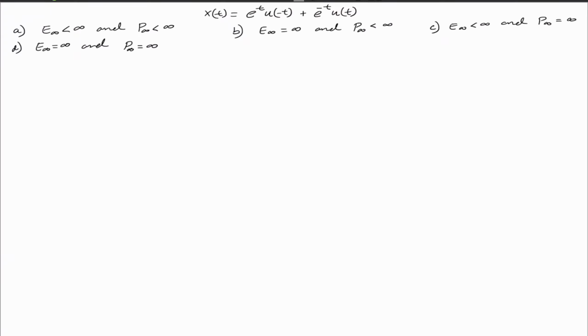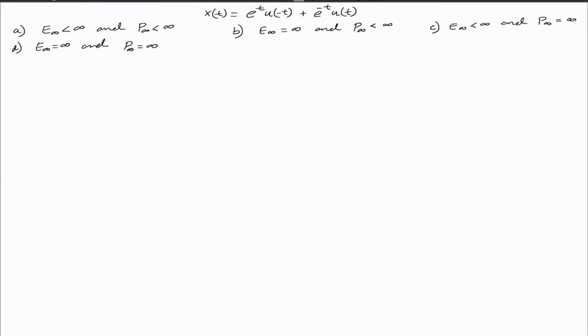All right, for the following signal, this is a multiple choice question, and we want to find the energy and the average power for the signal. You can choose none of these. So we want to find this though without evaluating the expression for the energy and the average power, which is